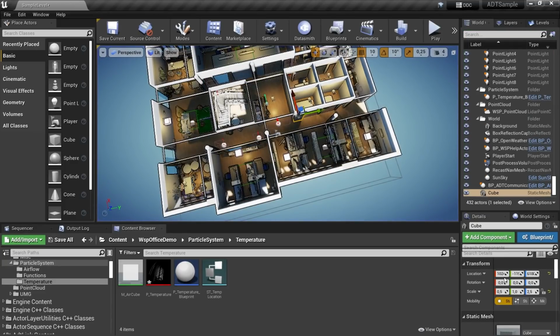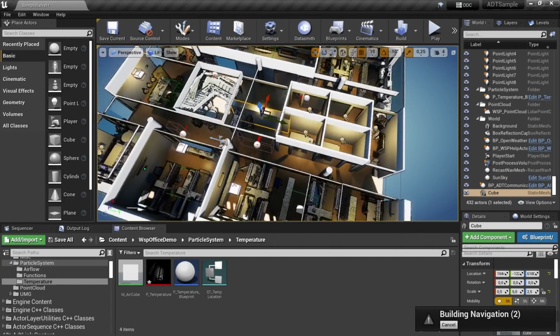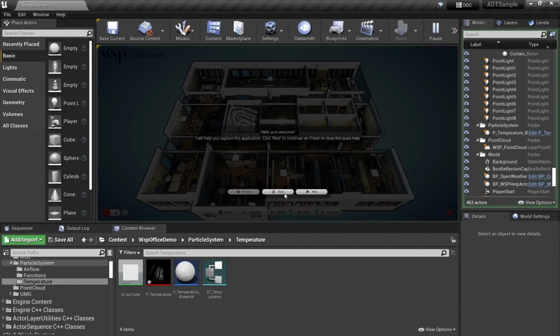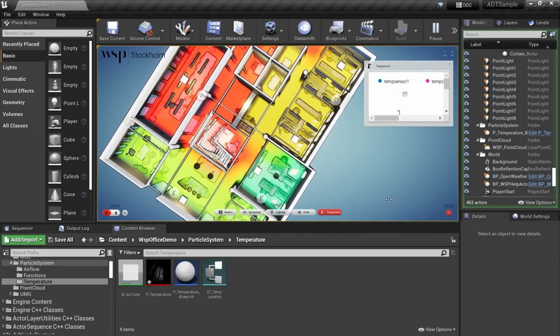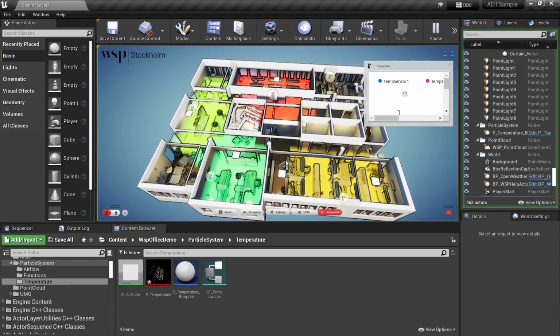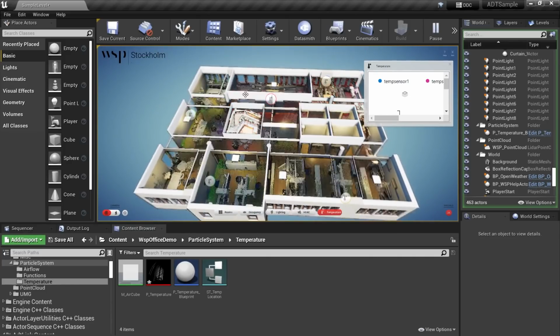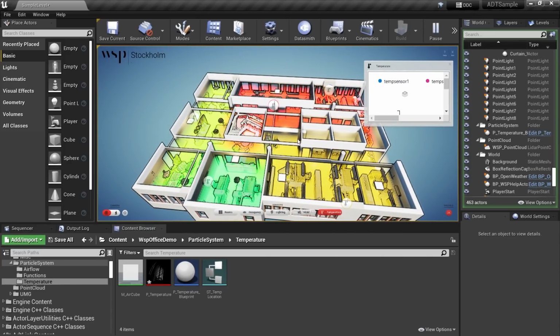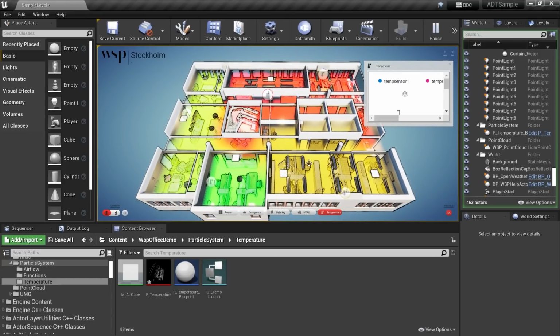And then let's also see what happens if we make this a bit wider and then move it out to block off this part. You can see there's a sharp temperature divide there. It sort of propagates around that. And if you want to place and move around meshes at runtime, it would probably also react to that, which is pretty cool, as long as there's a distance field on the mesh. All right, I think that was everything for the temperature particle system.